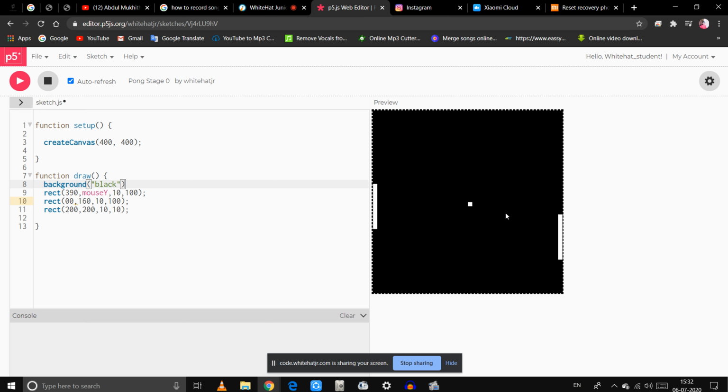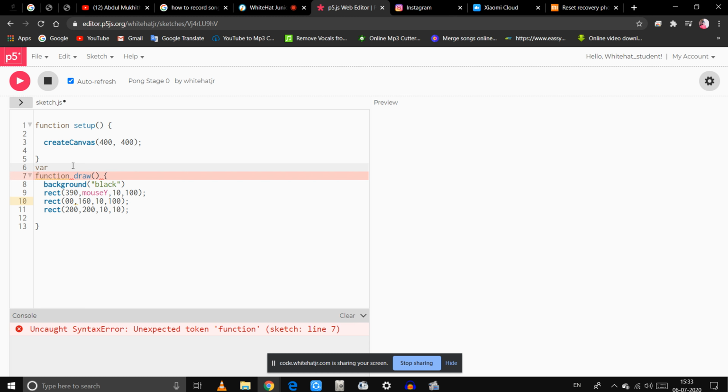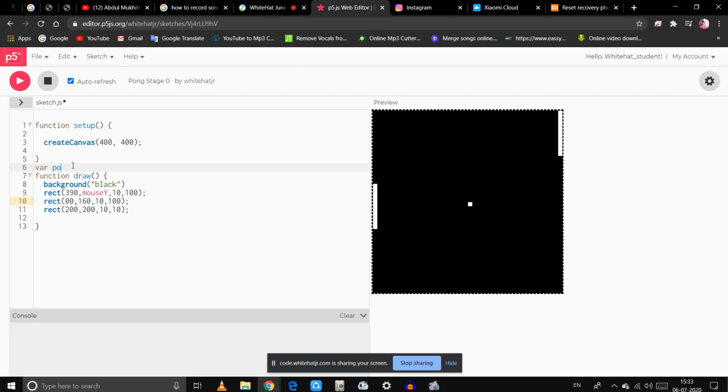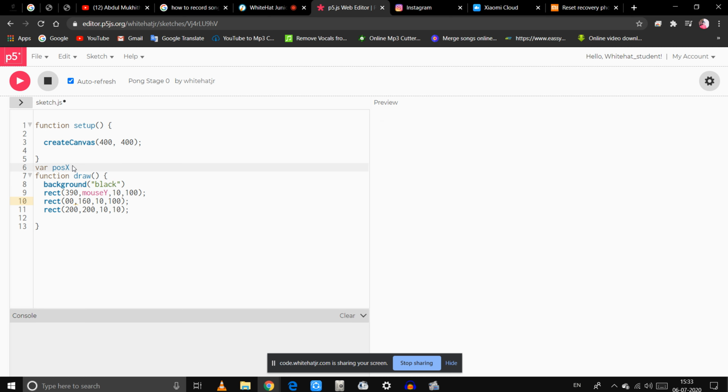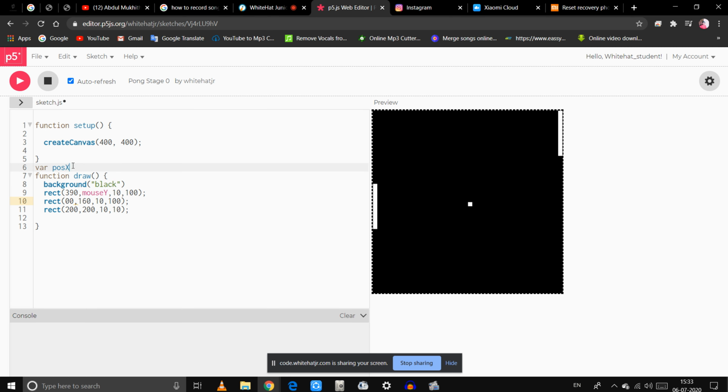So what we will do now is create a variable this time. Go to line number 6. Type VAR, space, POSX, P-O-S capital X, equal to 200.